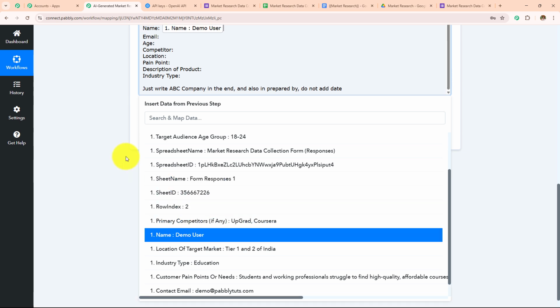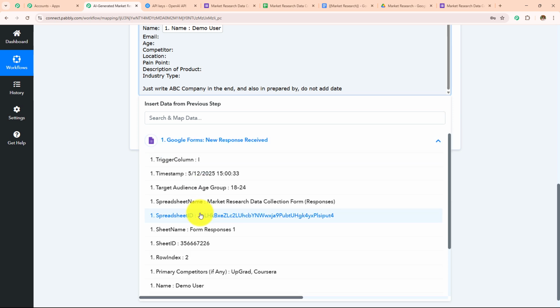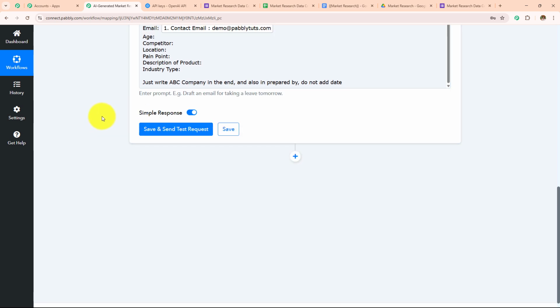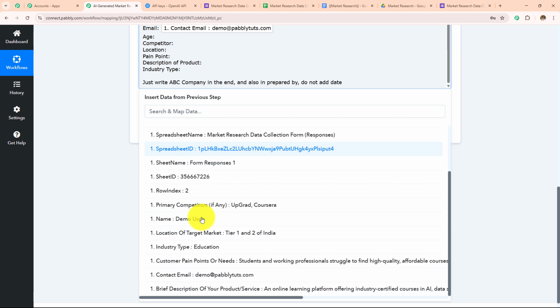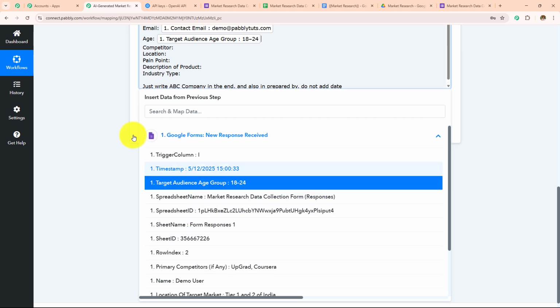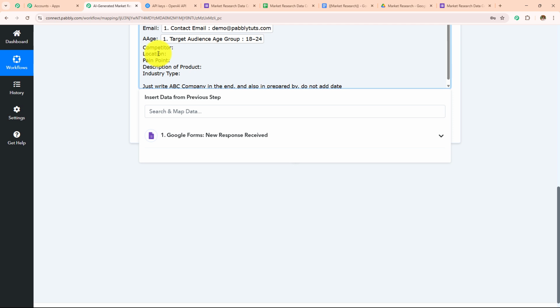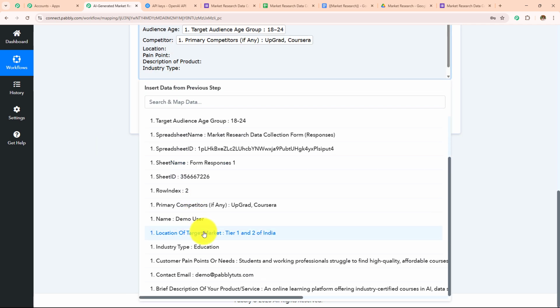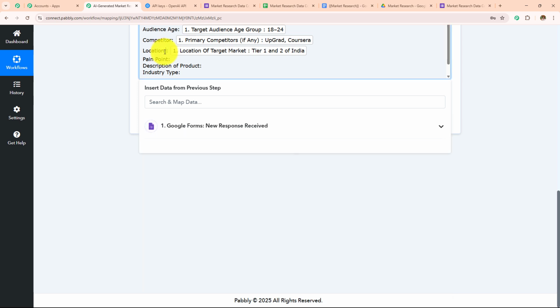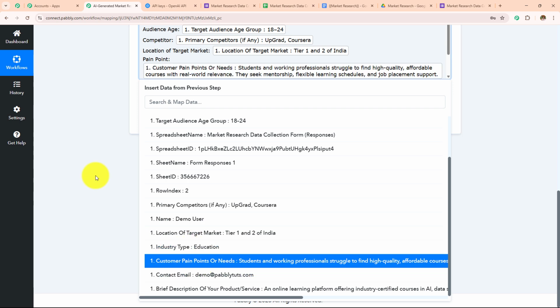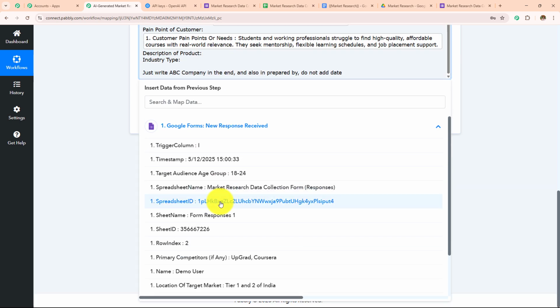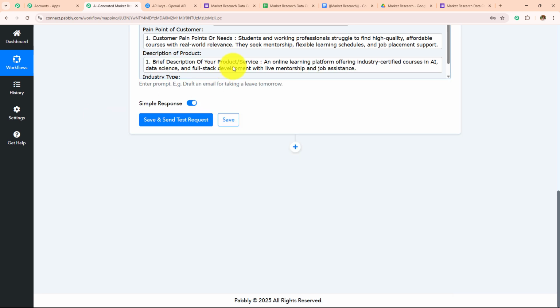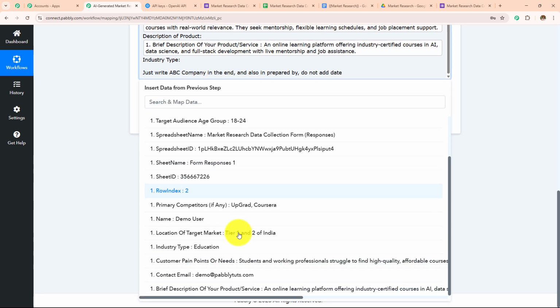Here I'm going to enter the name as the demo user, and then I'm going to enter the email address as demo@pablitudes.com. And then I'm going to enter the age. So the age is 18 to 24, or I can instead write over here audience age. Then I'm going to enter the competitor. Here I have received the competitor name, and then I have received the location of the target market. I'm going to enter the location of target market. And then I'm going to enter the pain point as students and working professionals. Then I'm going to enter the description as an online learning platform,